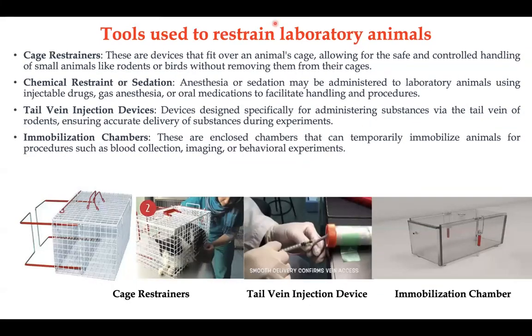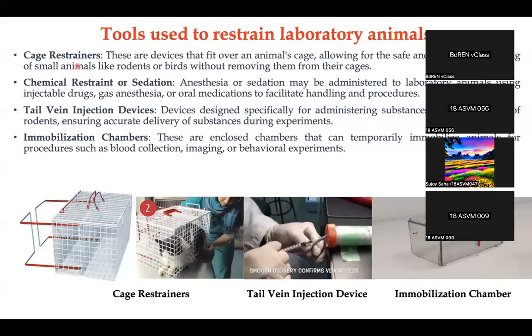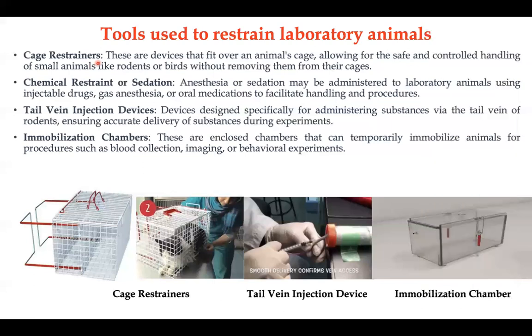Continuing tools for the laboratory animals, like the cage restrainers. So we know the cages, these are the cage, but the cage restrainer is this portion, which is red in color. Here you can see, this is a portion that can minimize or maximize the